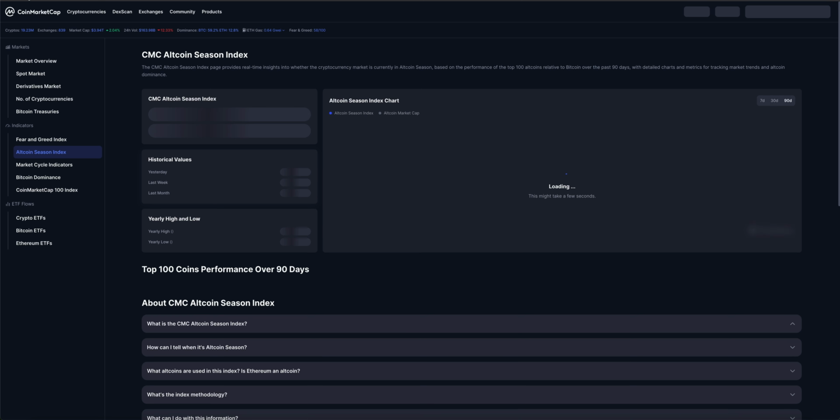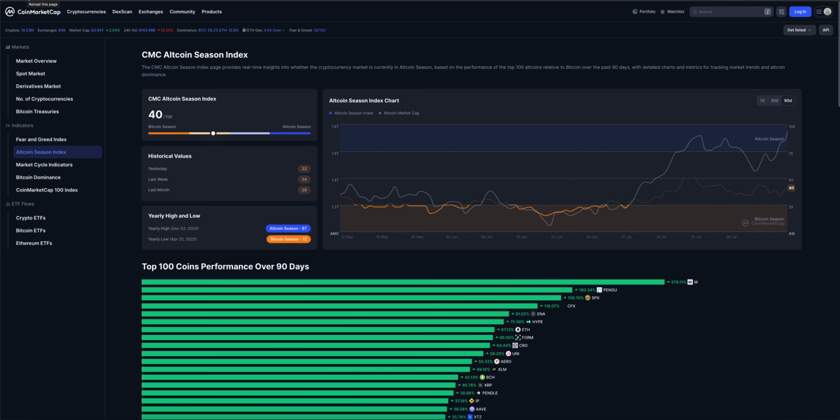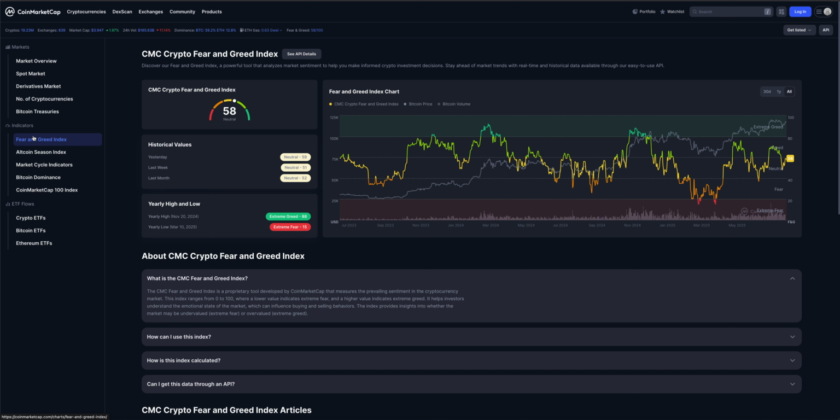So here is the altcoin season indicator. We're at a 40. It's got a long way to go, but it looks like it's heading in the right direction. Fear and greed, we're basically at a neutral market. There's not too much greed, not too much fear. This would tell us that we are far from our market top. This thing should be pinned at max grade if the markets were going straight up. Looks like the yearly high, November of 2024, we were at an 88. And this winter, when the markets were bottoming, we were at a 15. So we got a long way to go.